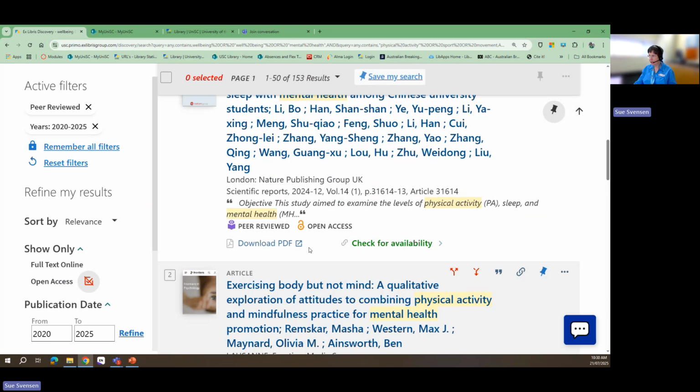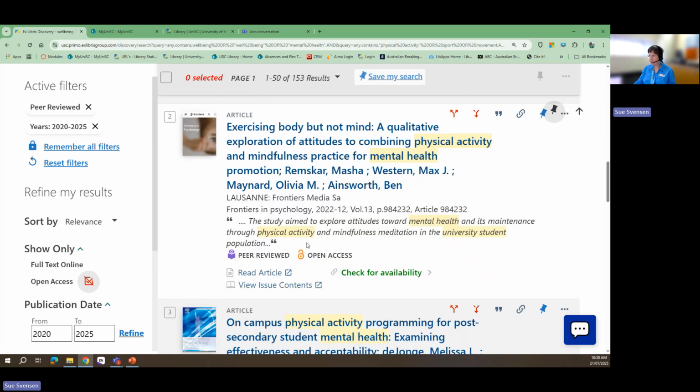And from that, I get some searching results, such as the second one there. It's a journal article, it's peer reviewed, and it's from 2022. Okay, so that's how to search. I'm now going back to the presentation,